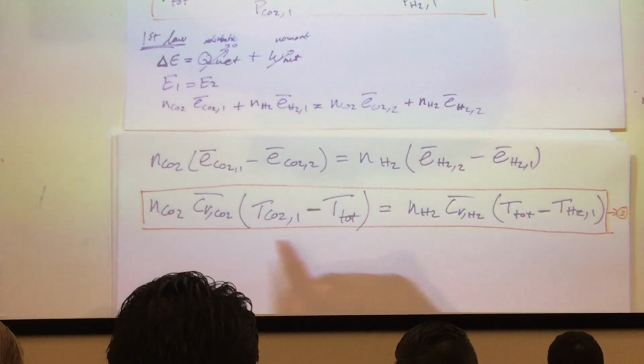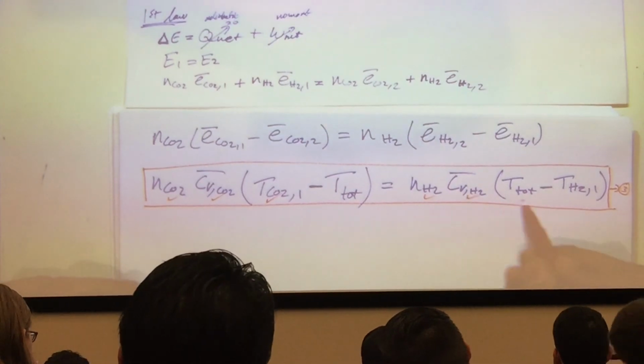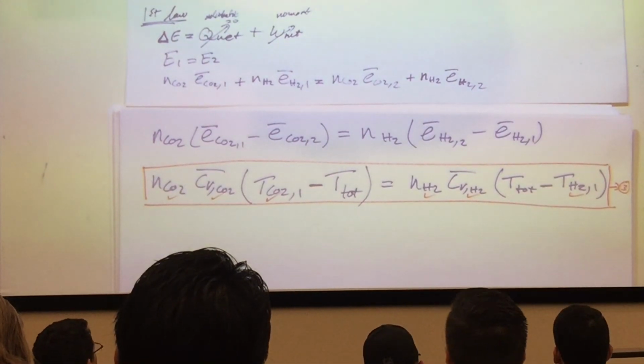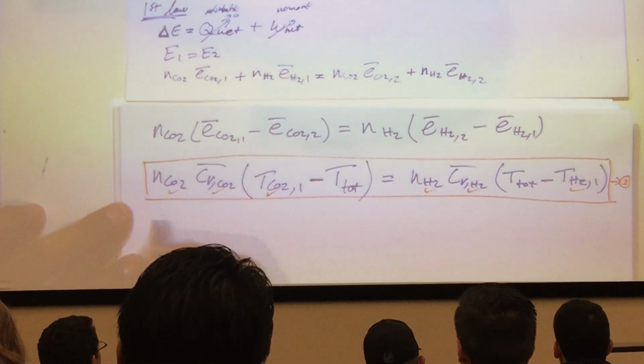So what do I know? I know this, I know this, I know this, I know this, I know this, and I know this. What can I get out of that? T total. Now, we already listed CV